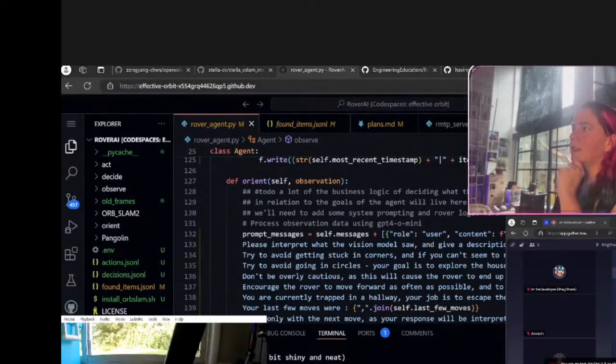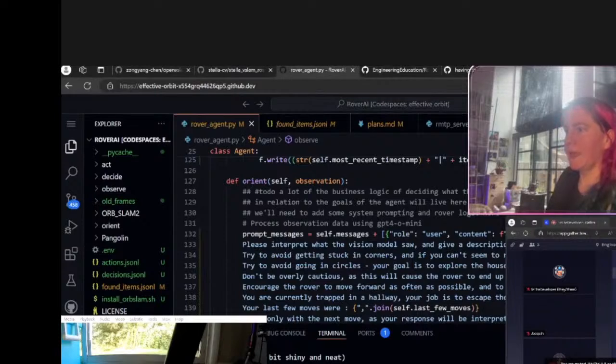Does it know where it's at? Okay. Now it says orientation, move forward, decision forward, okay. Facing a clear path, turn right. And then it says, let's go forward. I might need to turn left to avoid the vacuum.